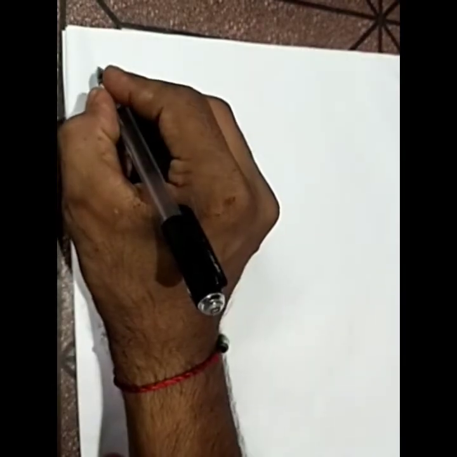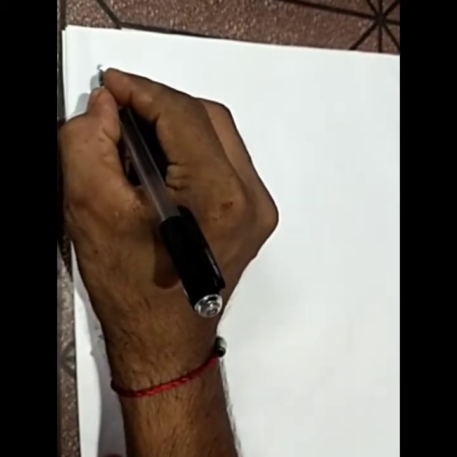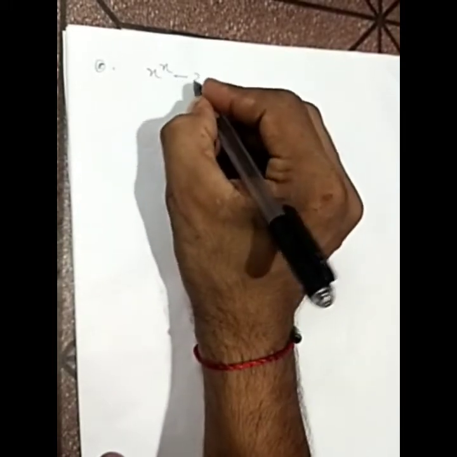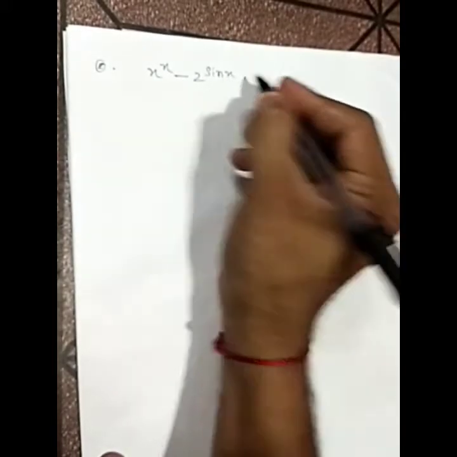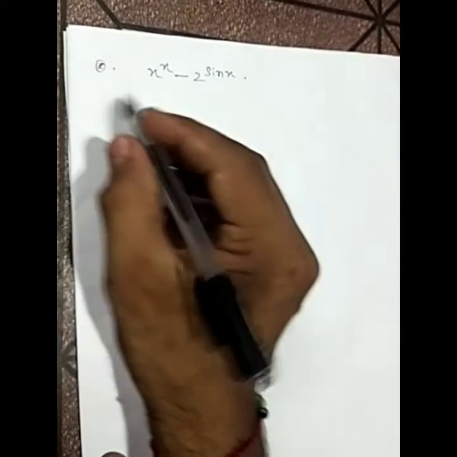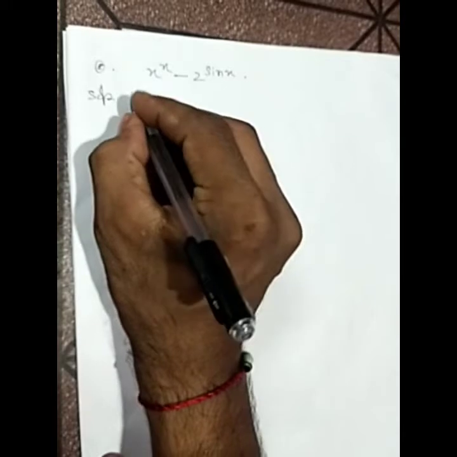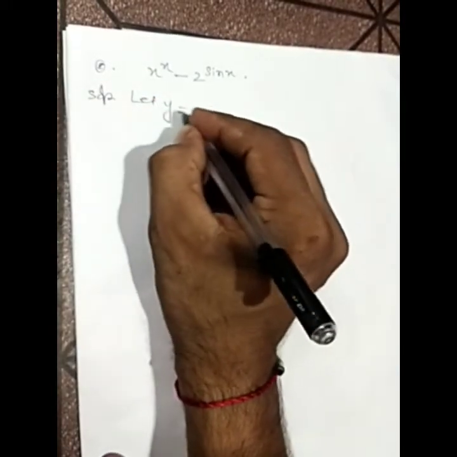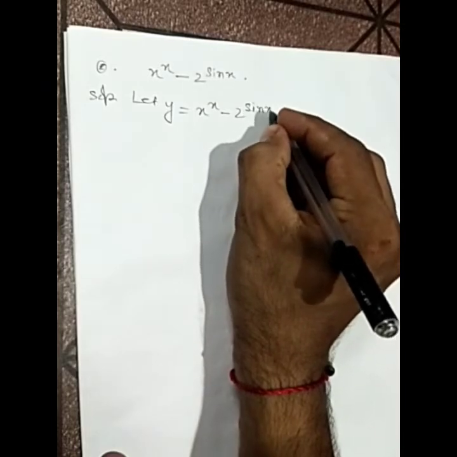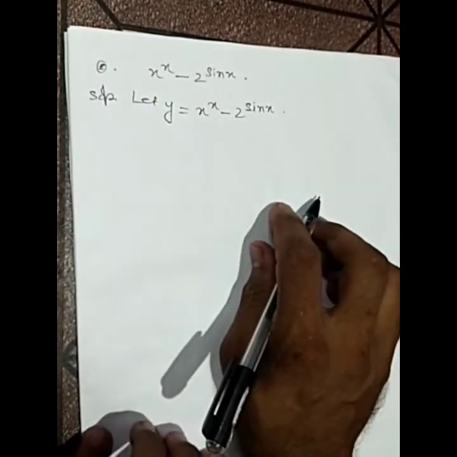See, x power x minus 2 to the power sin x. Differentiate with respect to x. So we'll take, let y equal x power x minus 2 power sin x. Okay, now see,